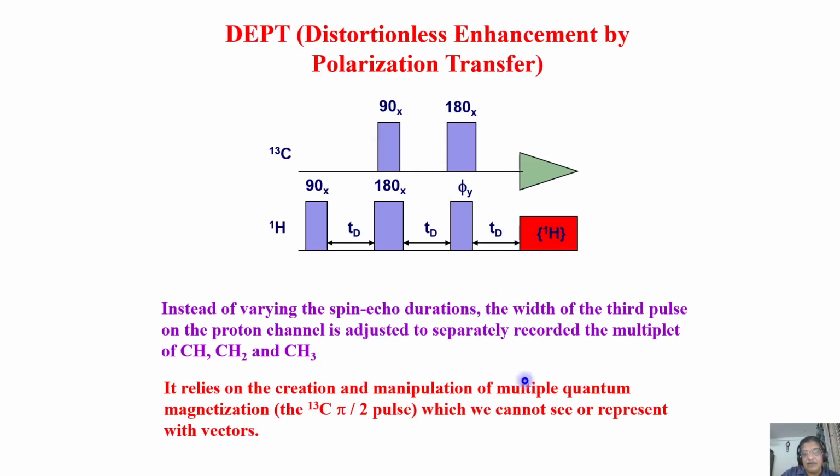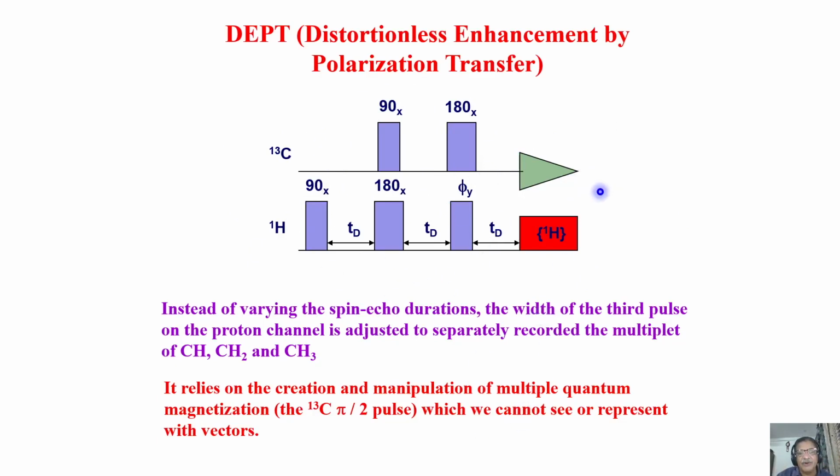See, it relies on my manipulation of multiple quantum magnetization. So it is very difficult to represent this by vectors. That's why I'm explaining this here itself before the polarization transfer experiment. There we can invoke vector diagrams to understand the behavior of magnetization, how it is happening. Since it is a little difficult, although we can do it up to a certain level, we cannot do it all the time. As a consequence, I don't go by the vector diagram approach, but simply tell you this is the pulse sequence we use. It is like an echo pulse. This is called spin echo sequence, and this is what we use for polarization transfer.